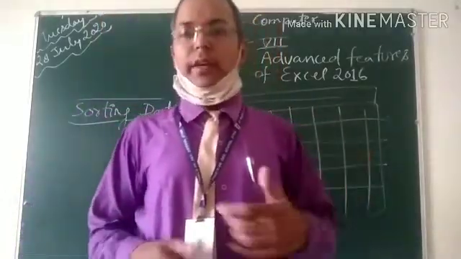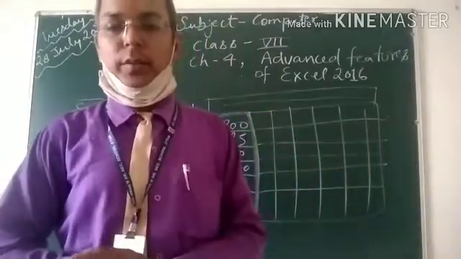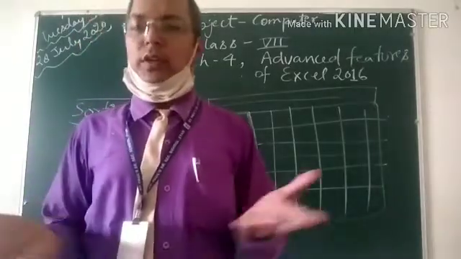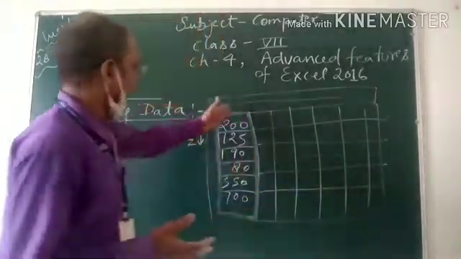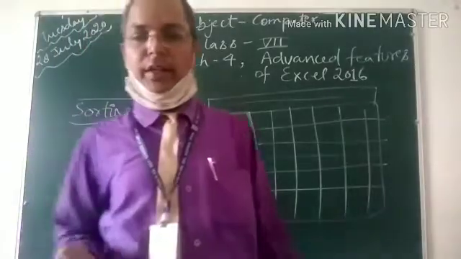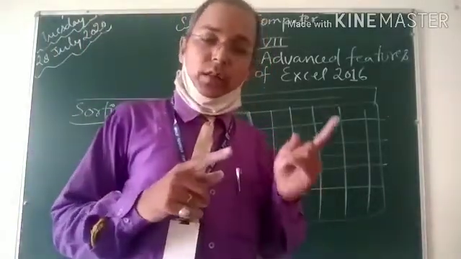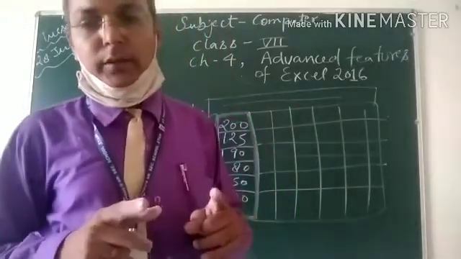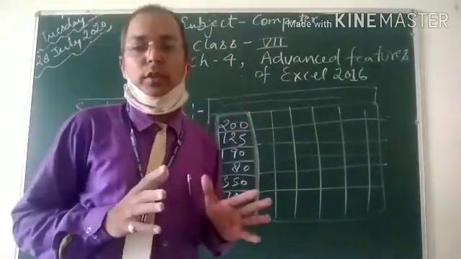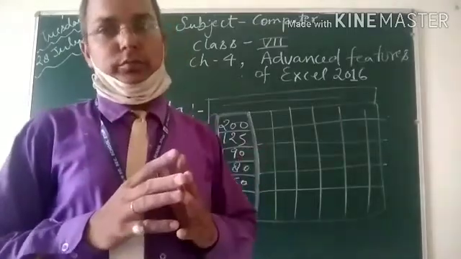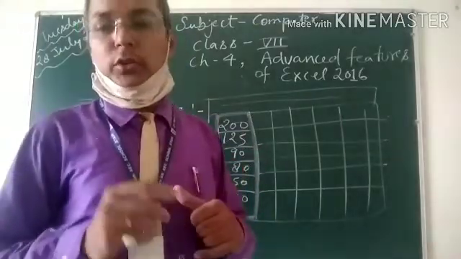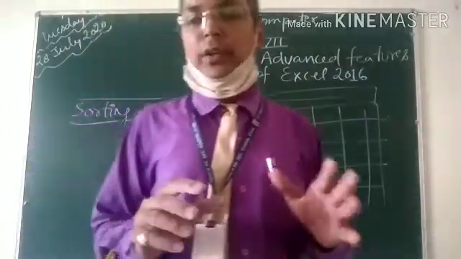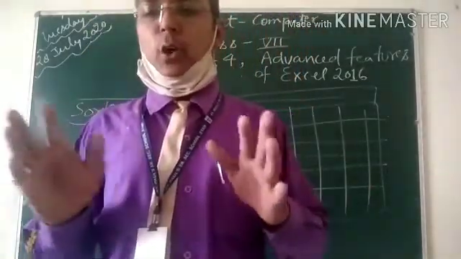Okay. I will again repeat your second method. First of all, same procedure as in the first method. Select the cells and click on the sort button. In the first method, we will click on the Data tab. Here, we will click on the sort and filter group, because the sort dialog box is in figure 4.2. So we'll click on the sort and filter group of the Data tab.